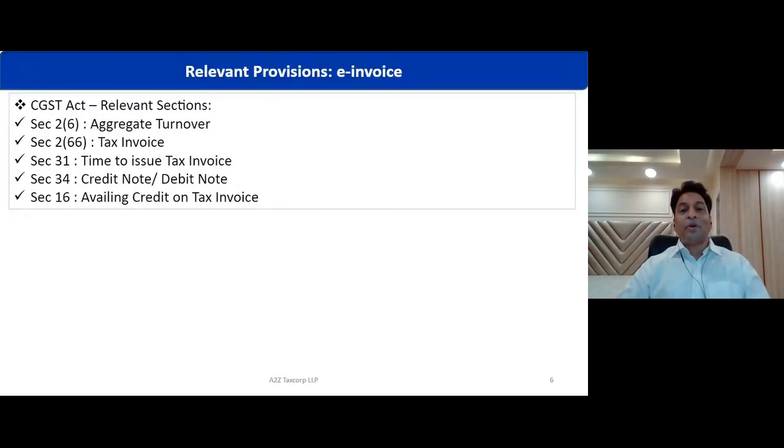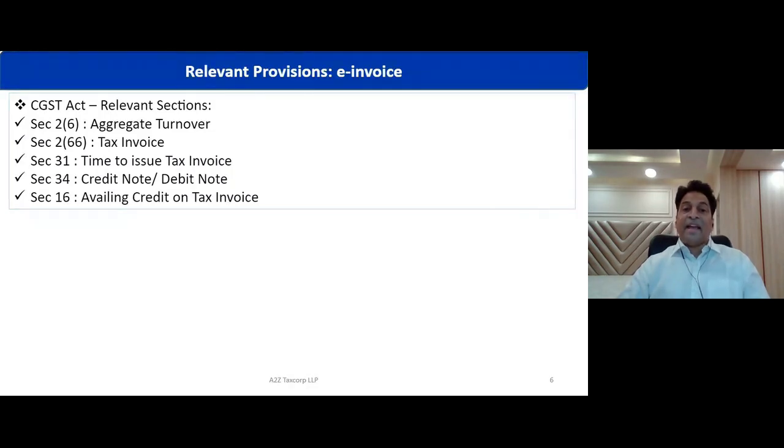So how is your recipient buyer going to take credit on the basis of e-invoice, and your buyer may not be over and above 500 crore. He would be lesser than 500 crore. How is he going to get the credit on the e-invoice generated by notified class having aggregate turnover more than 500 crore in preceding financial year?